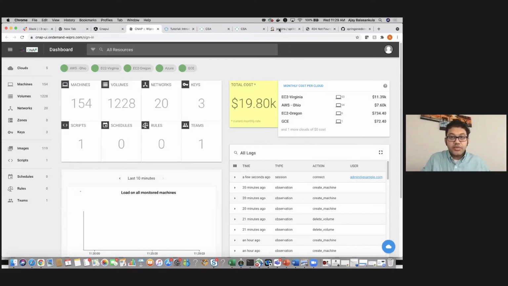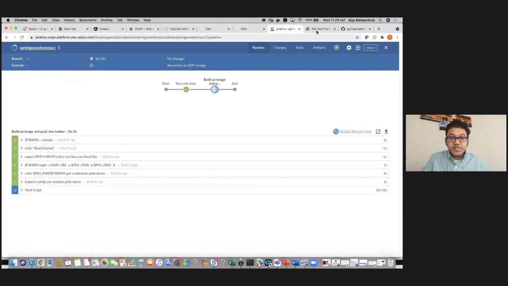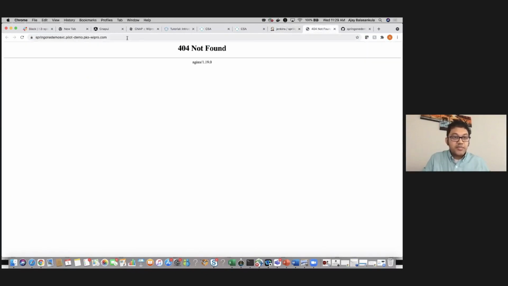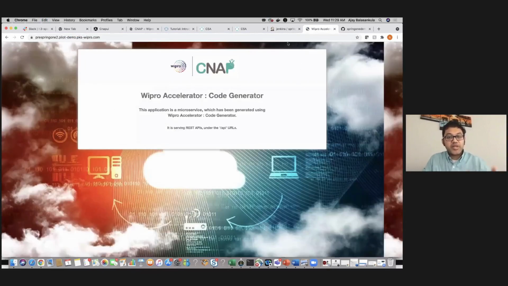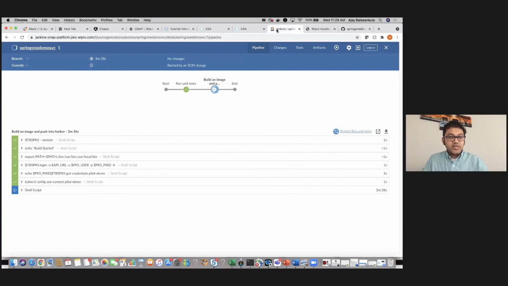So I don't think the pipeline is successfully done yet. Not yet, but I have another application, a similar one, which I deployed just before this demo. So I'd like to showcase how it looks. This is how it looks once the pipeline is successful. Since this is just a plumbing piece of code, the Wipro accelerator gives a HTTP call to this code base. So let me see if the pipeline is done. So with this,